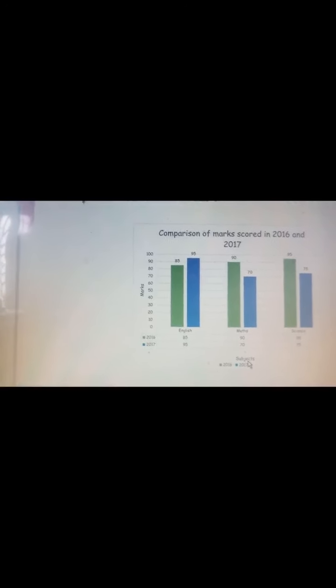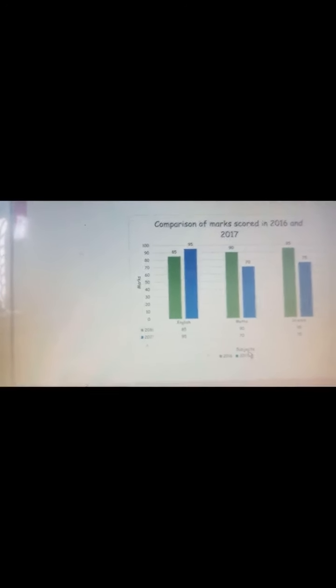Because this one is on the y-axis, it is the y-axis title. And here you can see the subject, that is also an axis title, the x-axis title. So marks is the y-axis title and subject is the x-axis title. These are the components.